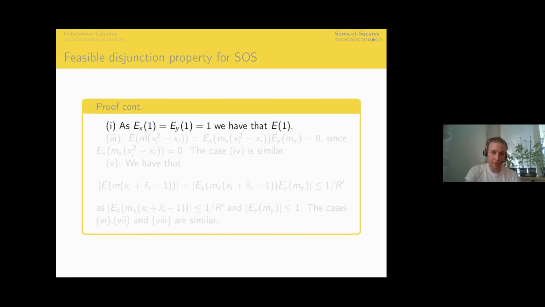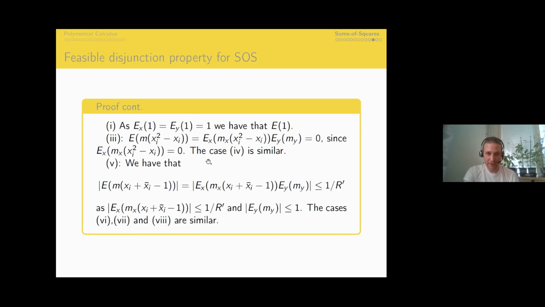Okay, and the other properties are simple. So it maps 1-to-1 because the components map them 1-to-1. It maps these Boolean axioms to 0 because the components map them to 0. And these axioms map 1 over r prime close to 0 for two reasons. Because EX maps this part 1 over R prime close to 0, and because EY MY maps this to a value a